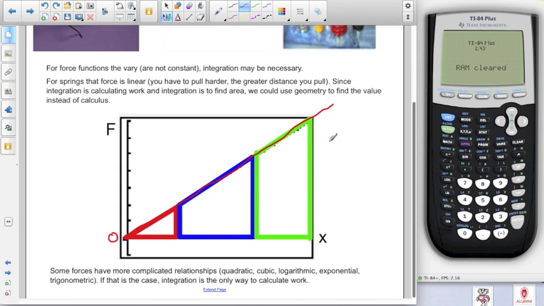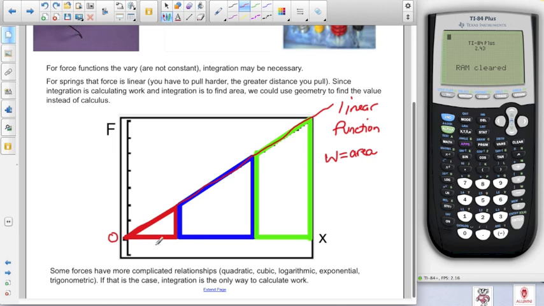So we have this linear function here, and that represents the amount of force you have to pull in order to stretch the spring a certain number of inches. And again, since work is defined as the area under the curve,